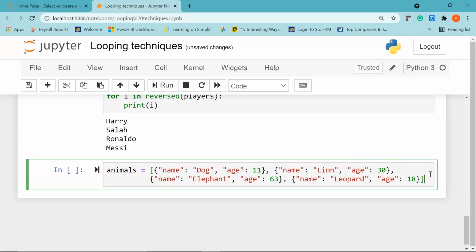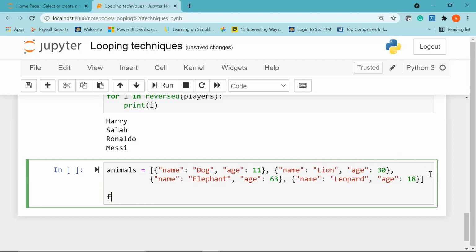Now using a for loop, we'll filter the elements in the list giving a specific condition. Let me show you. So I'll write for animals in, I'm going to use the filter function, and inside the filter function I'll give an anonymous function called lambda.